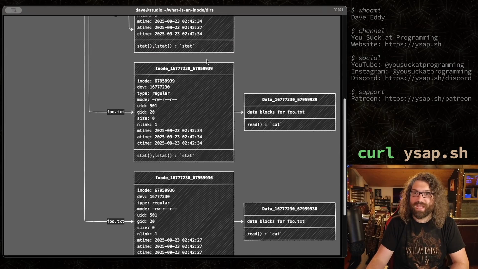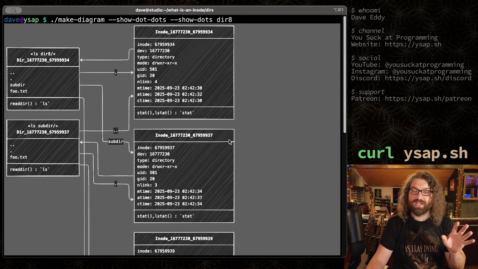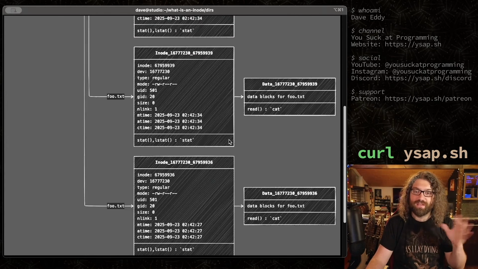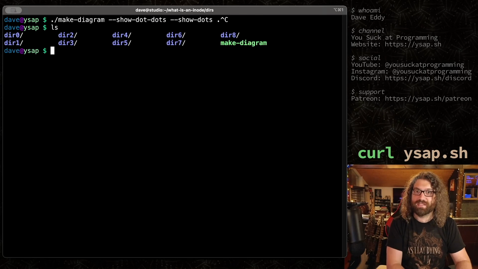Even though they both look the same, they have different inode numbers. I'm not going to dive into the specifics of this. Feel free to run this on your own time. It's actually kind of a cool tool, and I'll show it off at the end of the video. Of course, if you've made it this far, you know that I could also just run this on... So if I have this, I could totally just run